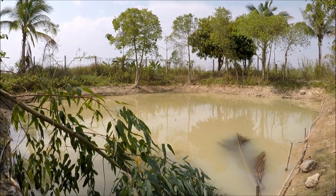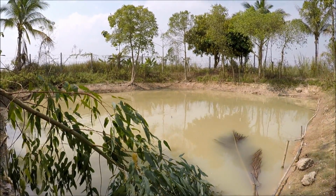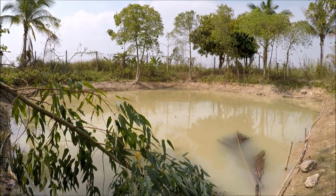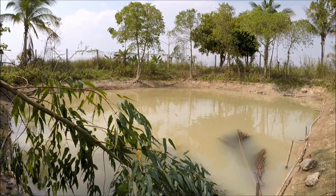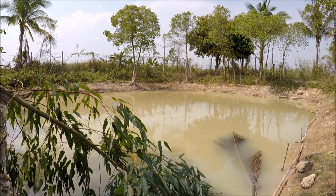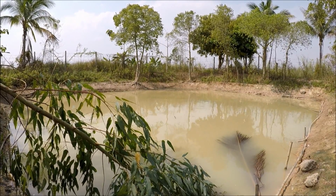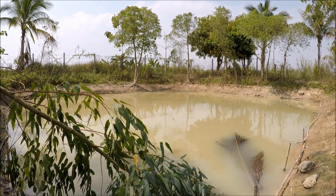So we've fished for them a few times. It's going to be the main species that we're stocking into our lake. They do grow very quickly, so they can reach over 100 pounds in 6 years if they're fed right. Not sure how big they are in here now. We put a few in here that are about 5 kg when we moved here from the village house. So it'd be interesting to see